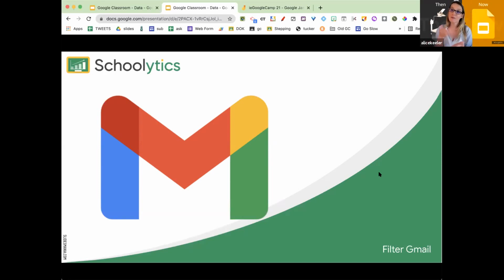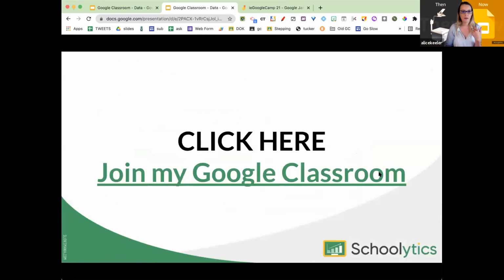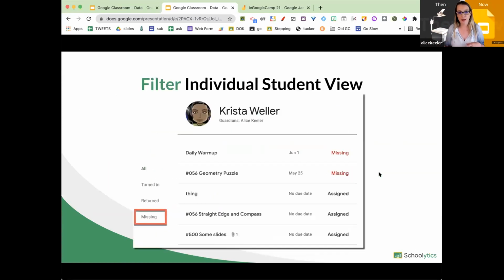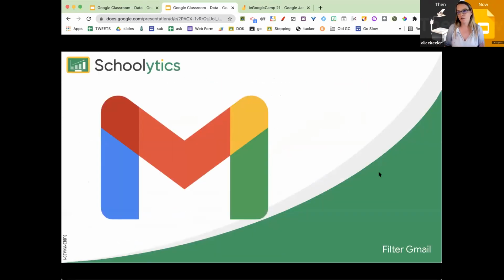Now the new activity tab definitely helps. The new activity tab, let me back that up. Here we go. It has the comments that they left, but only the last one. So if they left me 2 comments on 2 different things, I would never see it. Actually, if they left me 2 comments on the same thing, I wouldn't see both of them. So this is helpful, but I still really rely on my Gmail, where I filter all of those emails that